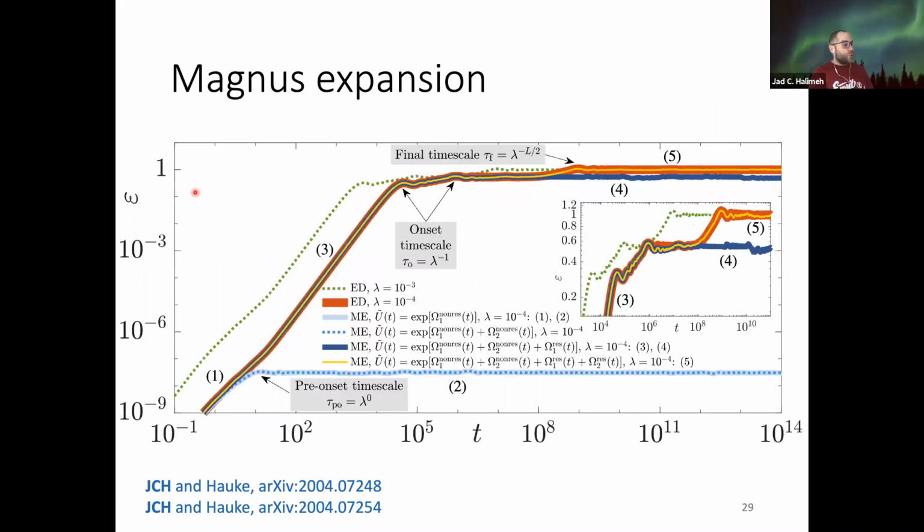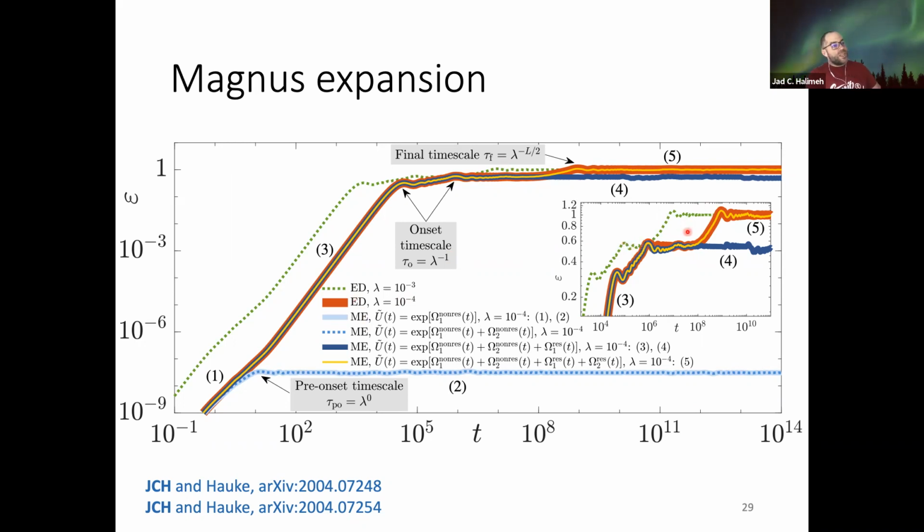And if we look pictorially here, we see that this term is responsible for the growth here. What I'm showing you in this figure, which is very important, is two values of lambda, two values of the gauge breaking strength, 10 to the minus 3 and 10 to the minus 4. 10 to the minus 3 is just for reference, for you to see the difference between the peaks. This is for 4 matter sites, actually, in this case. Here you see 2 orders of magnitude between these 2 peaks, so 1 over lambda squared is the time scale. Here it's just 1 over lambda. There's 1 order of magnitude difference between these 2 peaks.